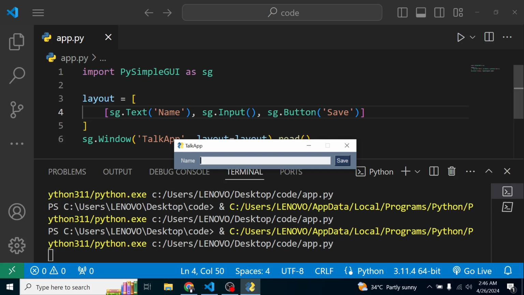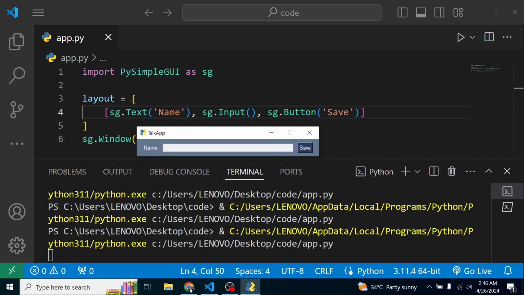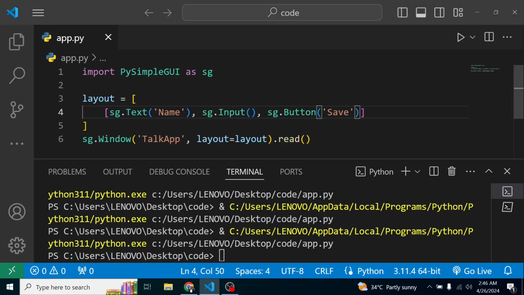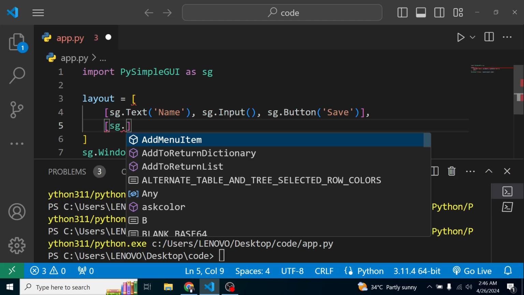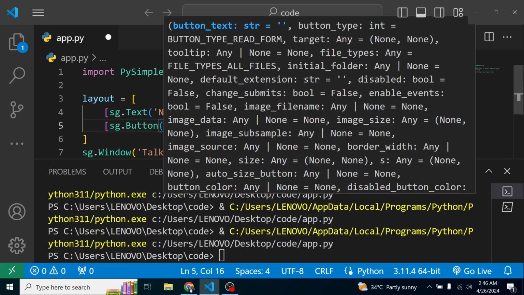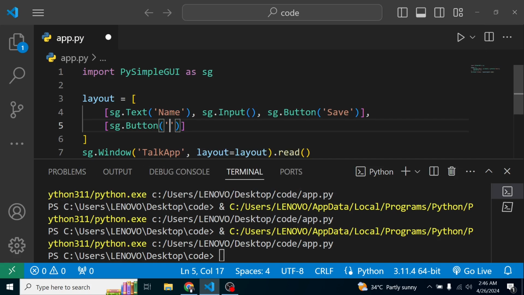will be laid out in that particular order. So first of all, we had a text, which was name. We had the input field over here, and we are having the button next to it. If you want, for instance, maybe another button beneath this, then I'll do a comma, because like I said, it's a list of lists. So I'll have another list over here, and I'll do sg dot, for instance, this button. And let me just call this new button. So now when I run this,